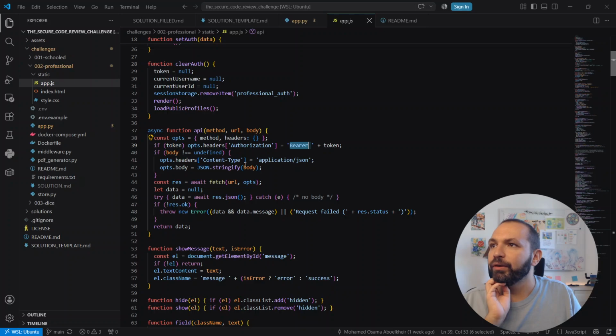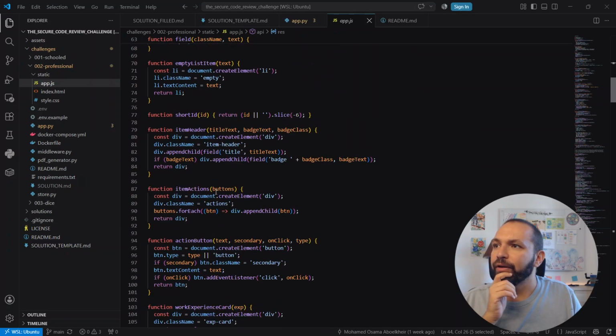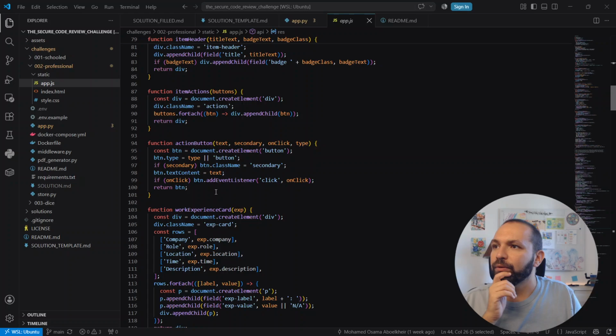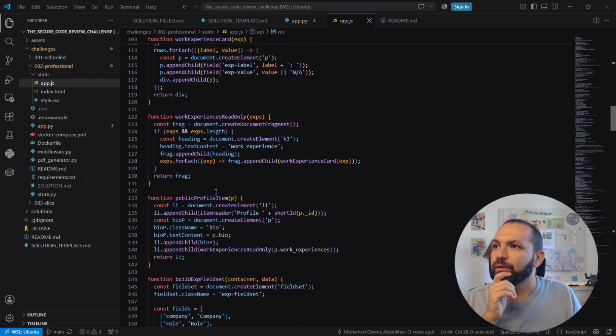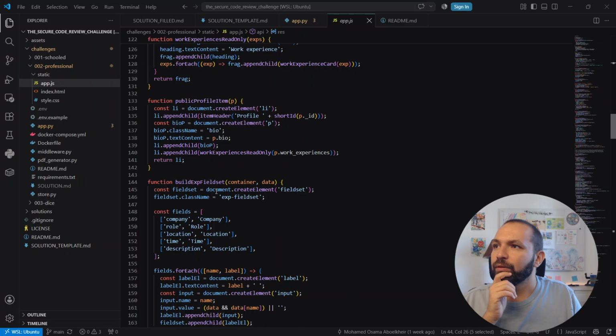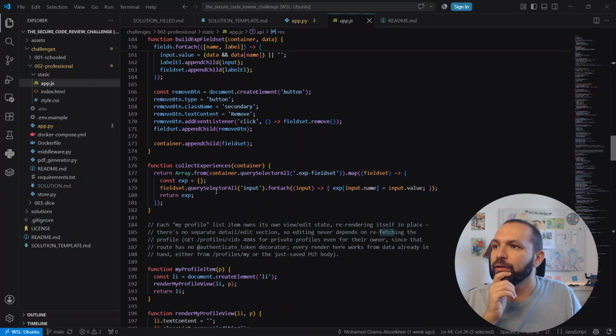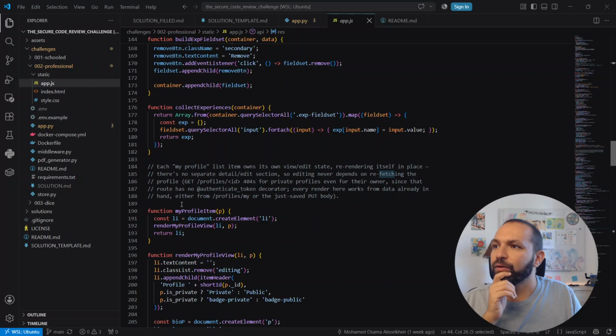And then it takes the body from the parameters and sends this request using the built-in function fetch. And if you go to any of these things, for example, let's say my profile, this gets your profile, this adds a list item, and then it runs this function,